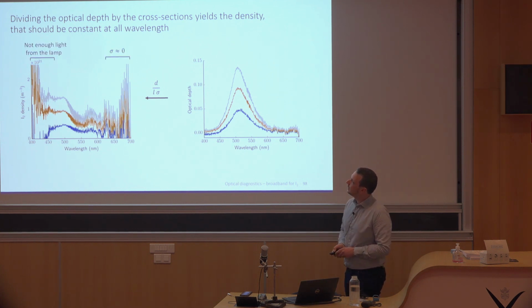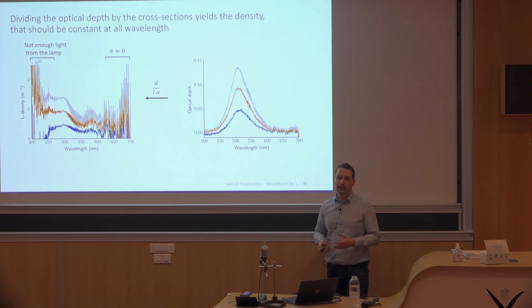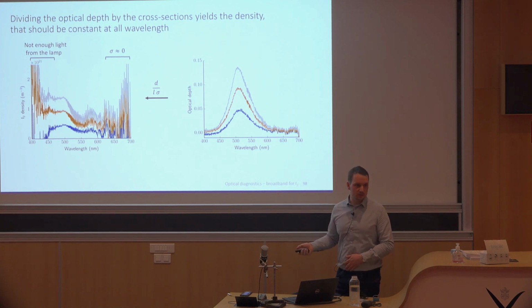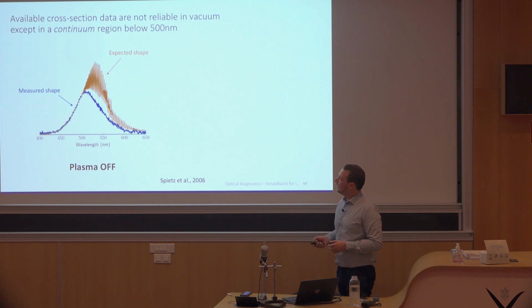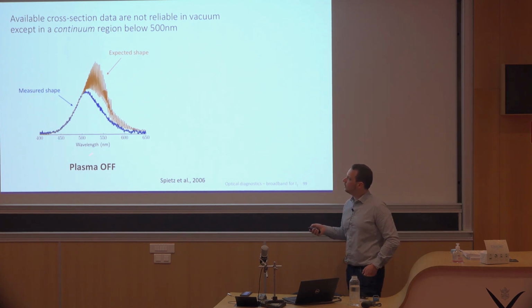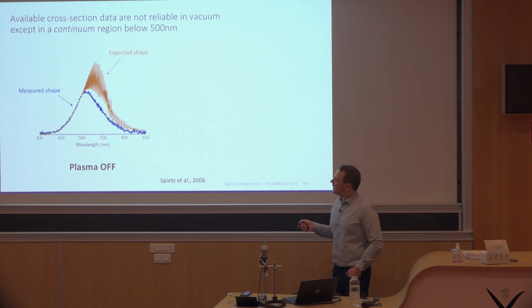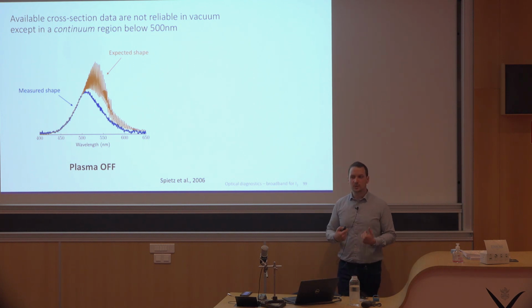First, on both sides, we have the region where either we don't have enough light from the lamp, so the signal to noise ratio is really bad, or we don't have any absorption, so the signal to noise ratio is really bad. Now we look into this. This we can explain, because when we look at the shape we measure, and we compare to the shape we expect, we can see that there is a big change of behavior at 500 nanometers. Before that, everything's fine. After that, it's not working,